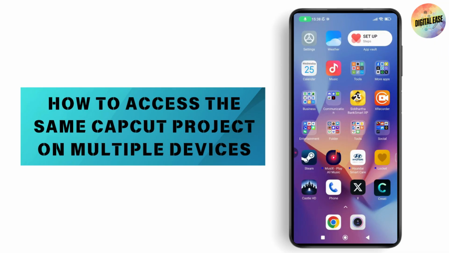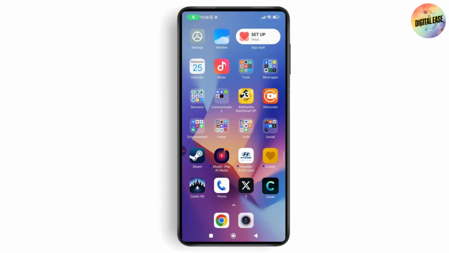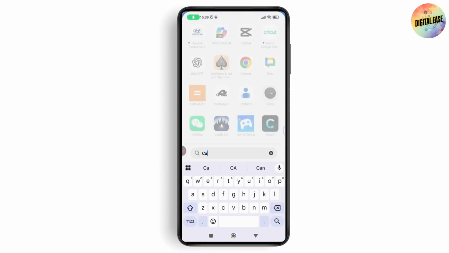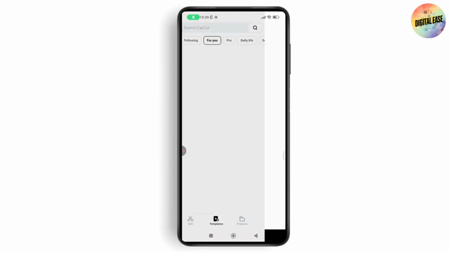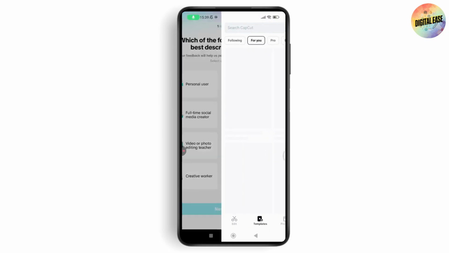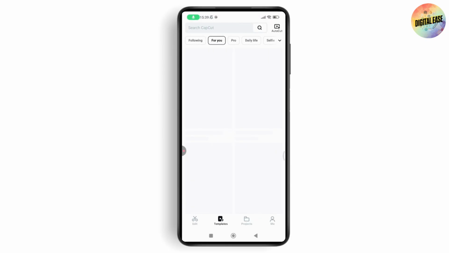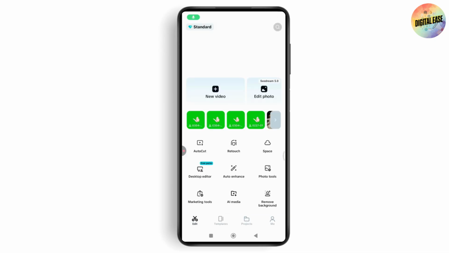How to access the same CapCut project on multiple devices. So if you want to access the same CapCut project on multiple devices, then what you need to do is first make sure that you have a stable internet connection. After that, open up your CapCut. After opening your CapCut, just skip the ad or something and then go with the edit option, and